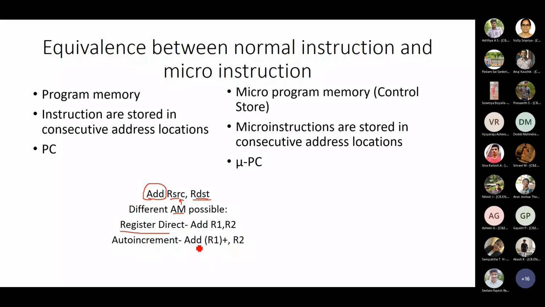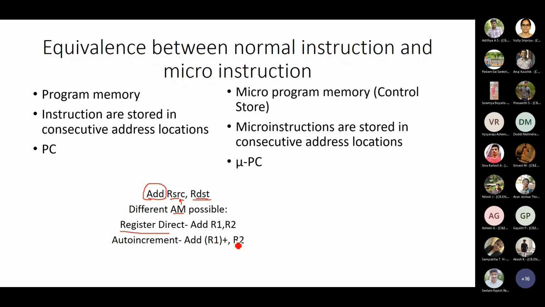So if it is given within the brackets, add (R1), R2, if the register is provided within the brackets, it means that the register contains the address of the operand, and you have to go to that address to get the value, add it to R2, and the content of R1 will be incremented so that it points to the next address location wherein you can get the next data. This is mainly used in loop kind of programs, wherein you can have some looping instructions. There this auto increment can be used. I hope it is clear.